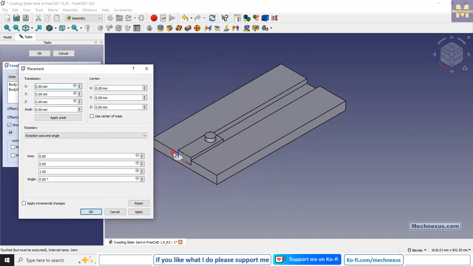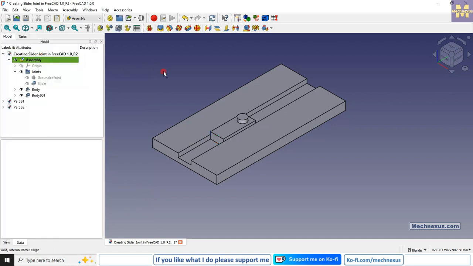So if you see here, this blue one is Z, red one is X, and Y is green. So we wanted to move in a Y direction. So in the translation option under the Y, I want to move 200 mm. So you can see that my part got moved to the 200 distance,